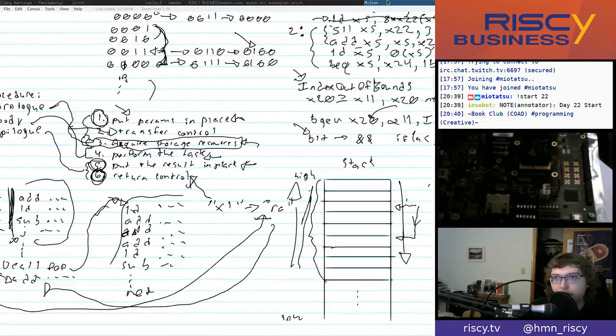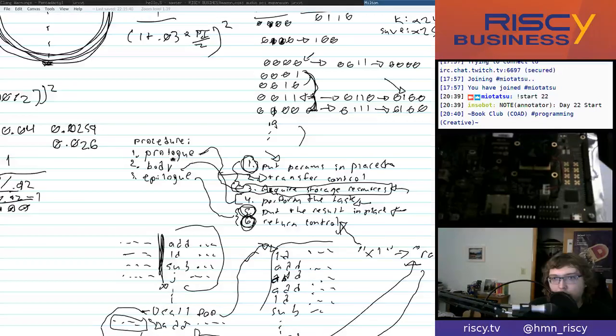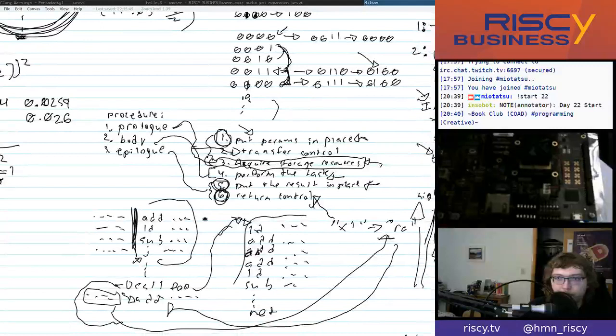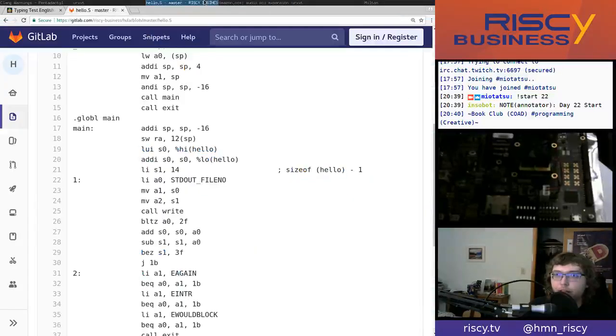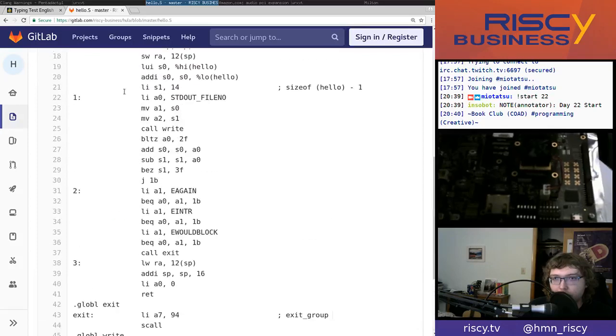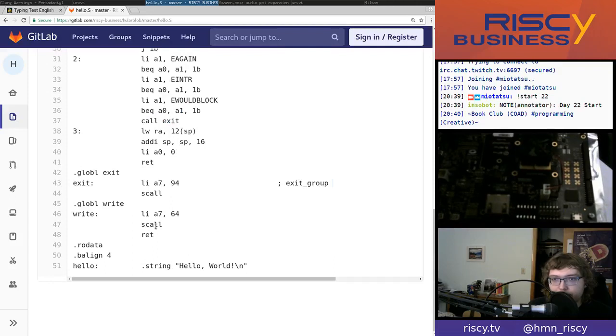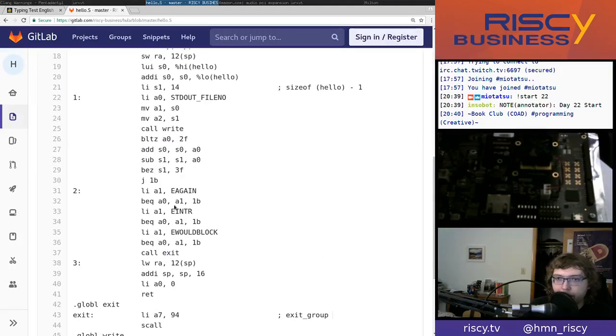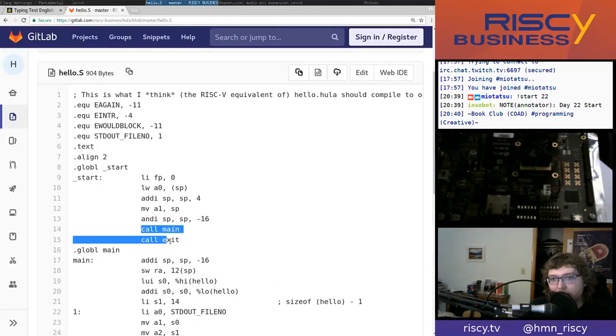And that's a thing that you'll see too in practice, where you can have a kind of a naked procedure where you don't need a prologue and epilogue in some cases, and that can be nice for performance. But in practice, you'd probably actually want to inline these rather than actually having these procedures. You'd probably want to just inline them instead of doing a call. But anyway. The point is, you do a call and then, let's talk about calling main,